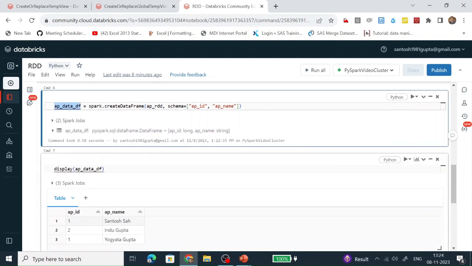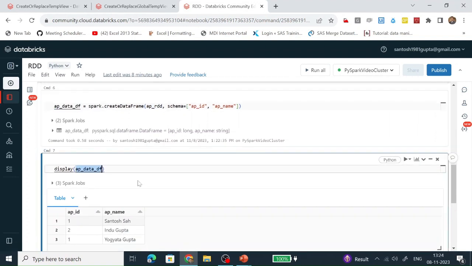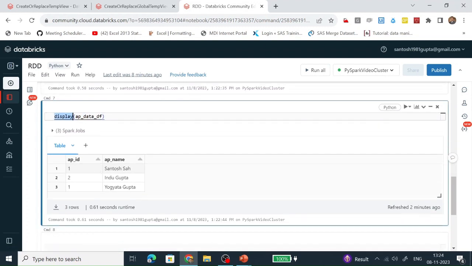Whenever we see the content of this data frame with the help of the display function, the content looks like this, because the RDD has 3 objects, and now this data frame also has 3 rows, and it has a structure in this way.